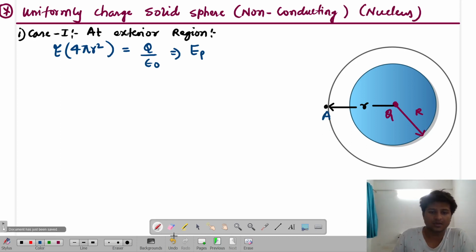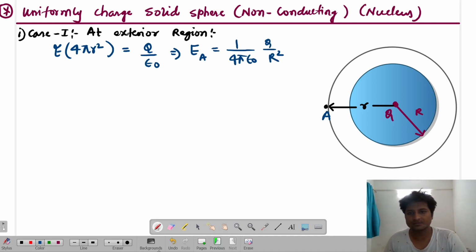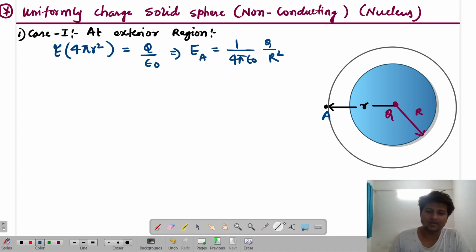So E at A is simply the normal formula, 1 by 4 pi epsilon naught capital Q by r square, है ना? At the surface, yeah, correct, a small r square. ठीक है ना? Now if I consider the surface, case 2,